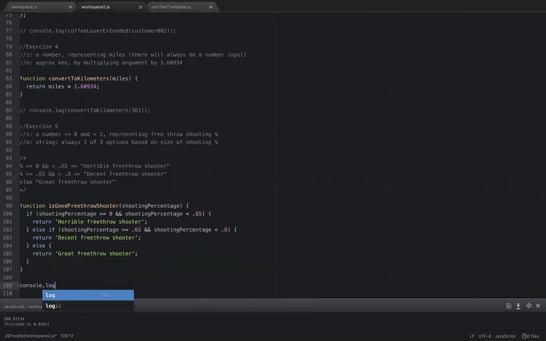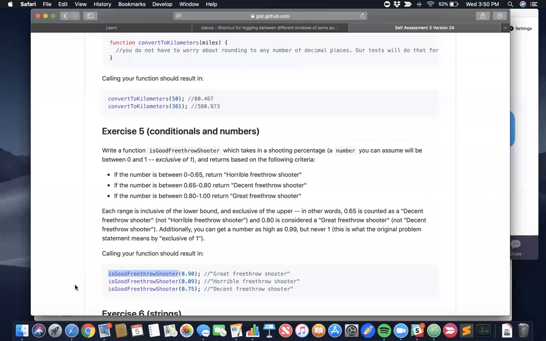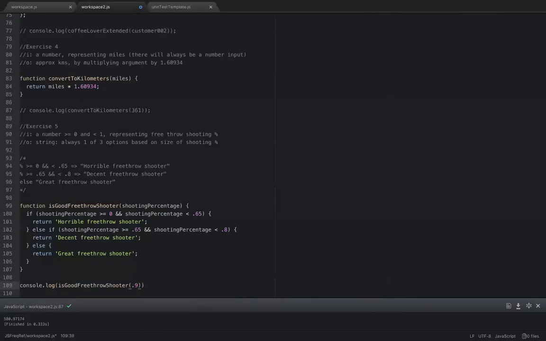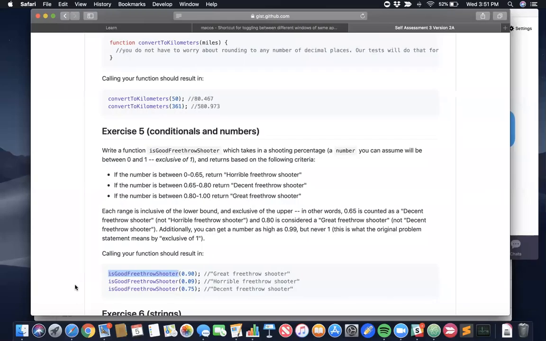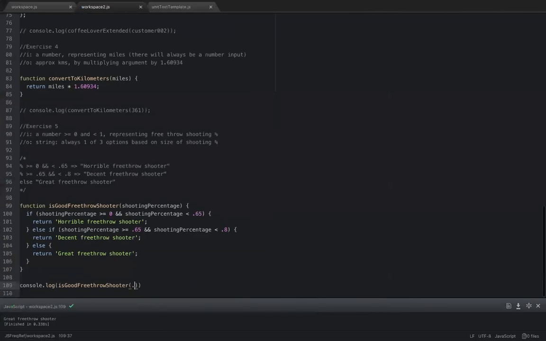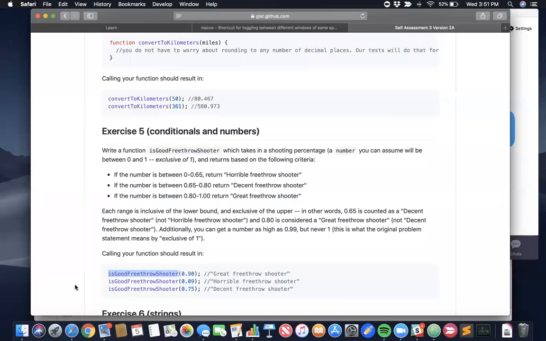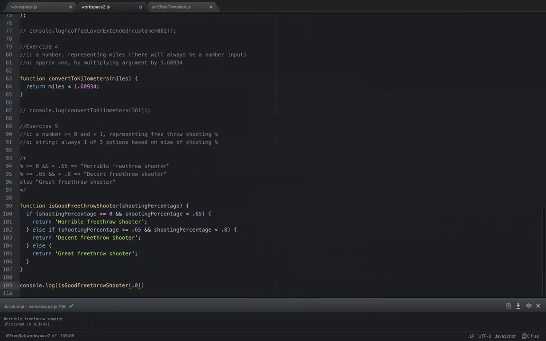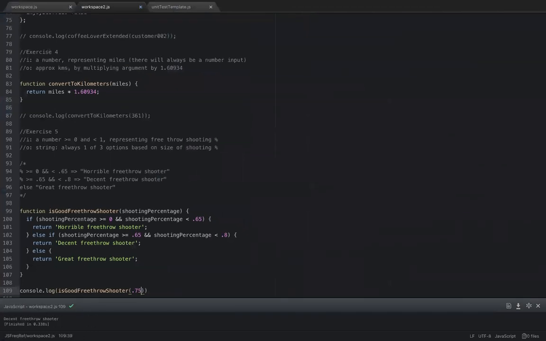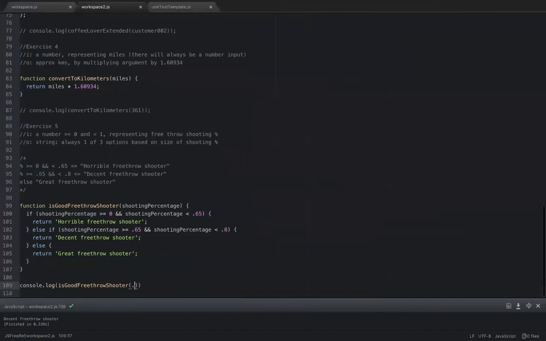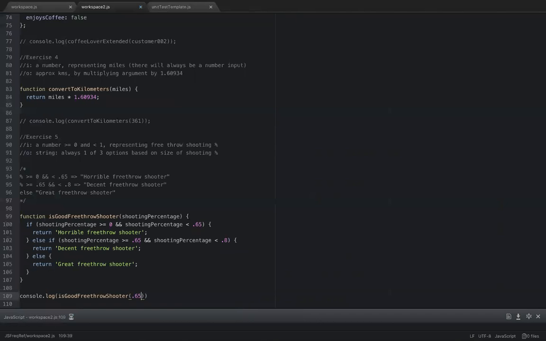I'll do a couple console logs just to make sure I'm not missing something. It is goodFreeThrowShooter. I'll use the test here, 0.9: great free throw shooter. 0.09: horrible free throw shooter. 0.75: decent free throw shooter. I also suppose I should test the edge cases. So I'll test 0.65, which should give me, if I understood the question correctly,